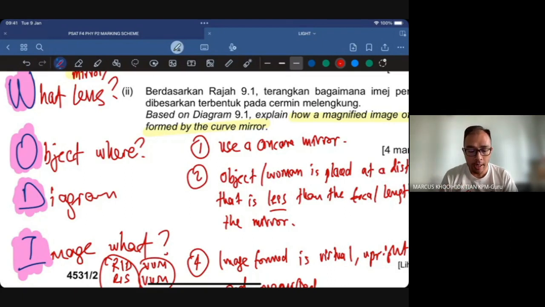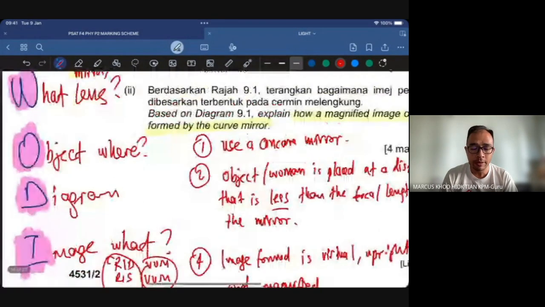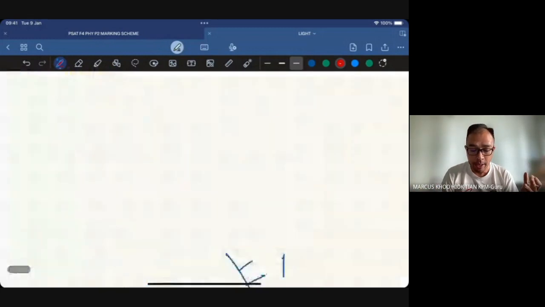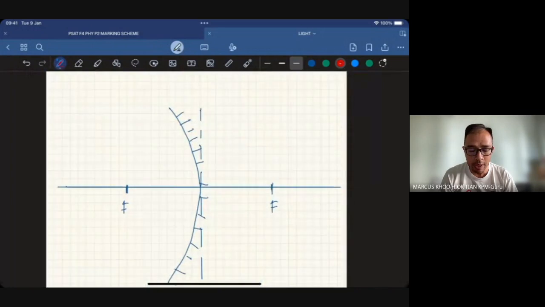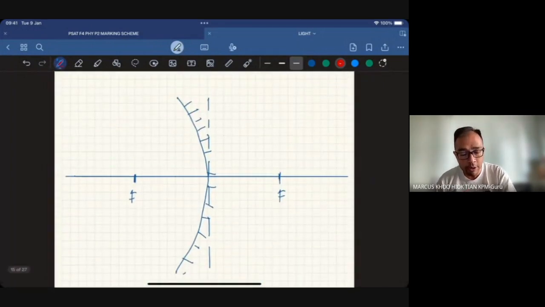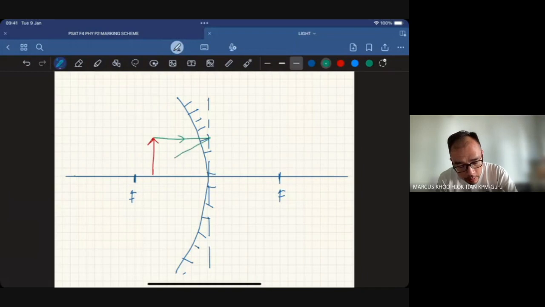And the diagram, obviously, is the part where most people struggle. If you cannot handle the diagram, then don't worry about it. At least you got 3 marks out of the 4. It's definitely better than no marks at all. In terms of the diagram, this is how I would draw this. This is a concave mirror. You put the object less than the focal length, over here. And then the first line is here, all the way to the axis, and then to the